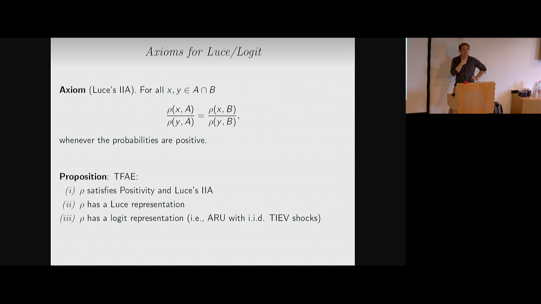Yes, so I guess I didn't really parse your question back then. So let's take your question again. If you have an axiom that's sufficient but not necessary, that necessarily means that you're going to carve out some choice functions, and in this case you're carving out those Luce choice functions. Okay, so now that I understand your question, here's an example, Eric. So yes, there have been other ones as well that carve out very specific